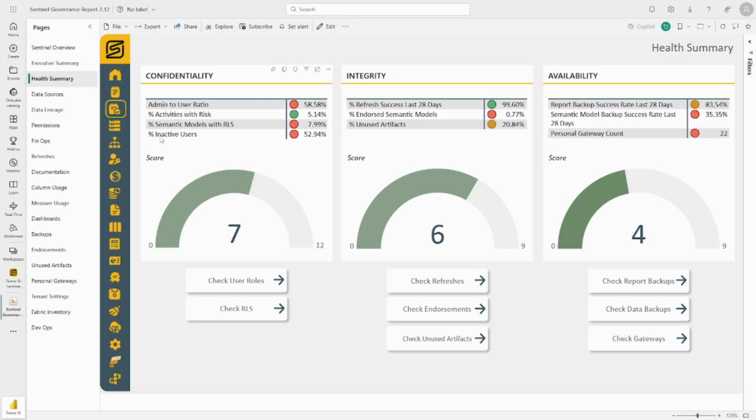our tenants are our inactive users, whereby 52% of our licensed users are inactive and they're not using their licenses. We can also see here we have 8% of our models with row-level security configured. That's not a very large amount. We've got a lot of models without configured RLS. And 60% of our user base have administrative access on a workspace. That is scary levels of over-permissioning there, and a serious security risk to our tenants allowing that many users to